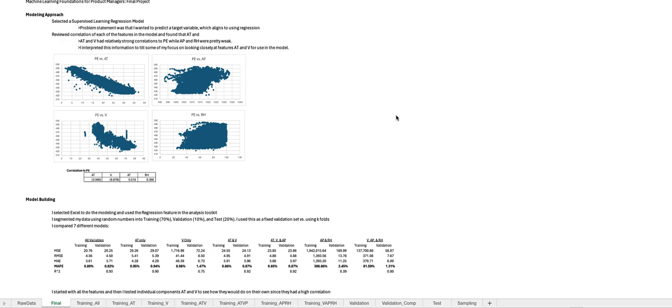To start with the modeling approach, I selected a supervised learning regression model. Basically, the problem statement was that I wanted to predict a target variable, which aligned with using regression as the approach here. I started by looking at correlation data for each of the features that were available in the data